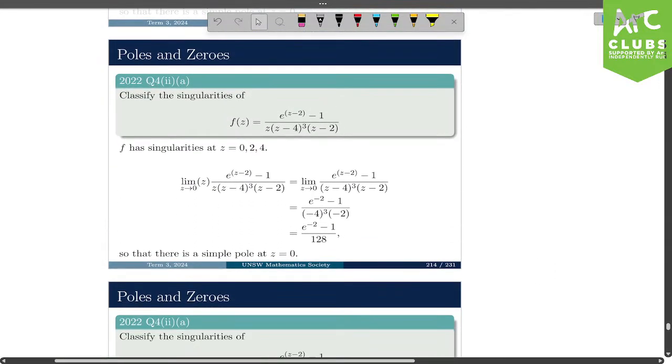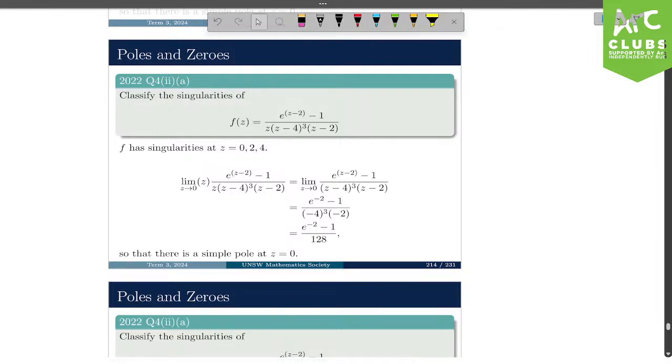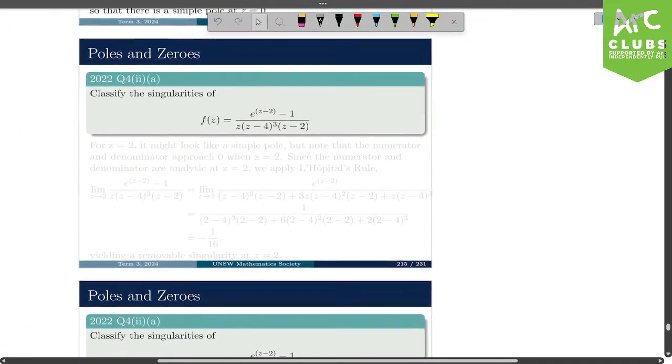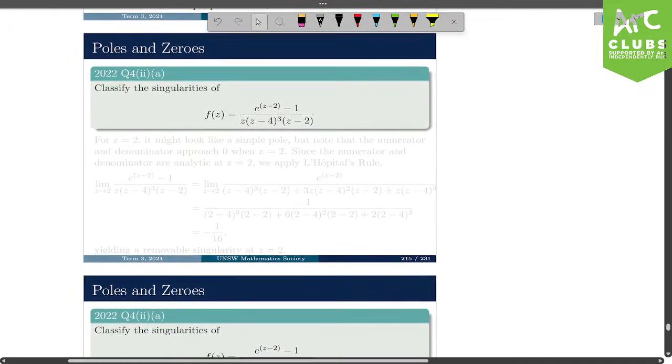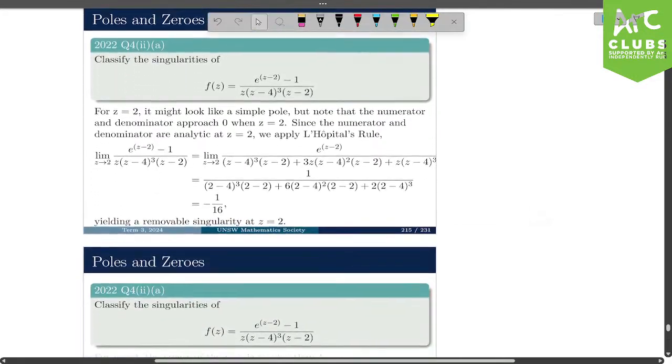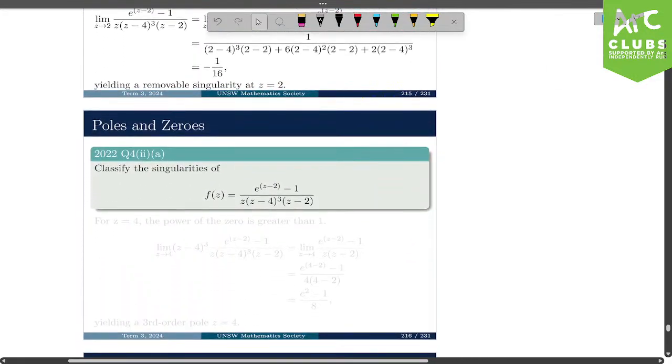The numerator is non-zero, therefore it is not removable. We then multiply by z to remove it and determine the limit. It exists, therefore it's a simple pole. At 4, there is a degree of 3, and then at 2,